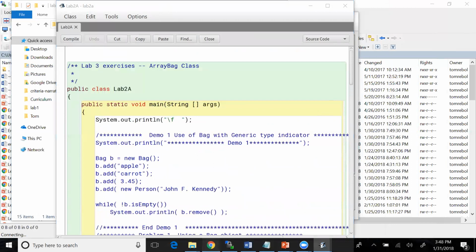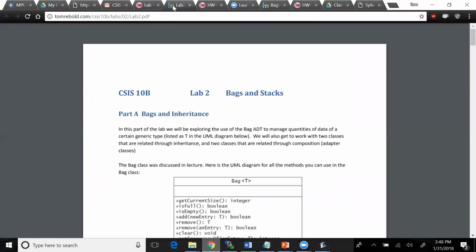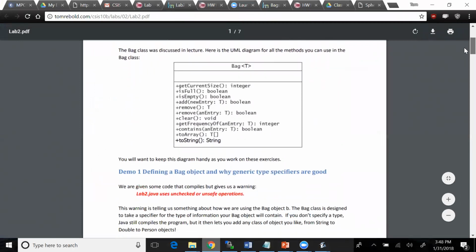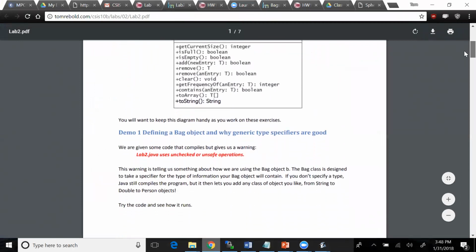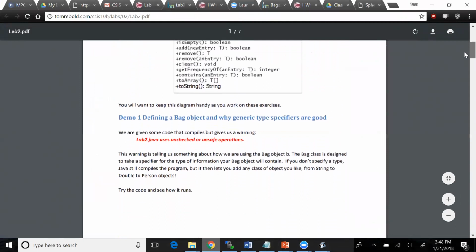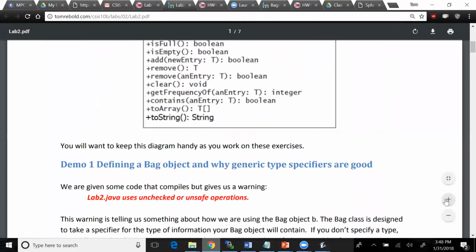and let's check out the lab handout. Usually I have some kind of a visualization thing first. Do I do that today? Let's see. Oh, I'm going to do a little demo for you first. This is actually probably pretty helpful. These generic type specifiers are a little confusing, and when we